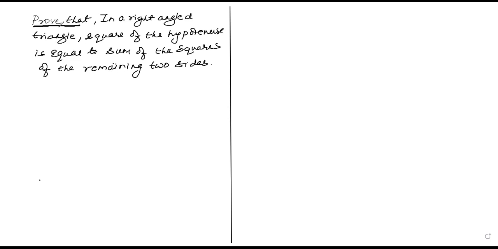In an exam, it will come like this. आपके एग्जाम में इस तरह से आएगा: prove that in a right angle triangle, square of the hypotenuse is equal to sum of the squares of the remaining two sides. Prove that in a right angle triangle. मतलब, got it? It will just come in this form. इसको क्या बोलते हैं? राइडर फॉर्म।